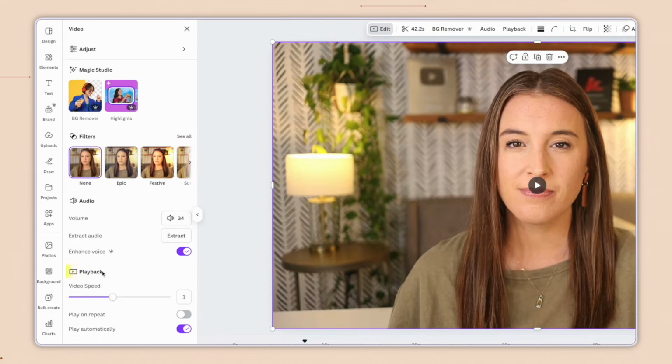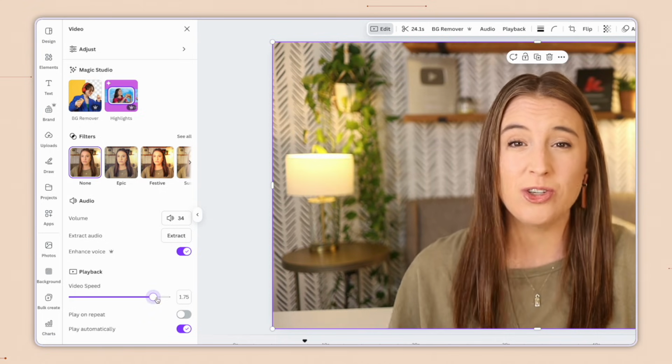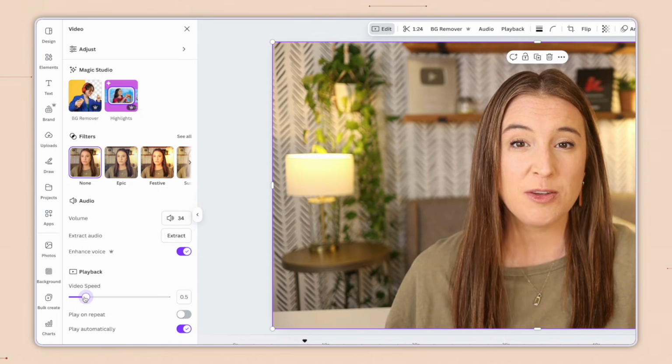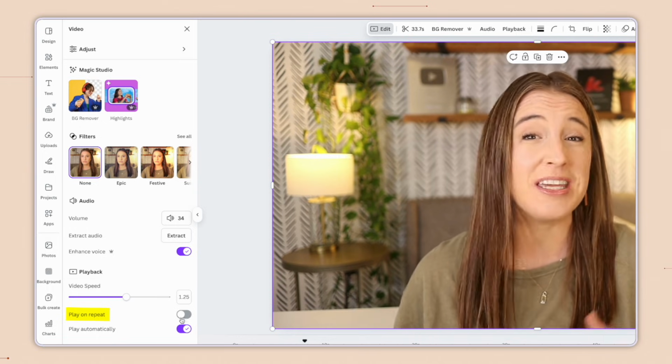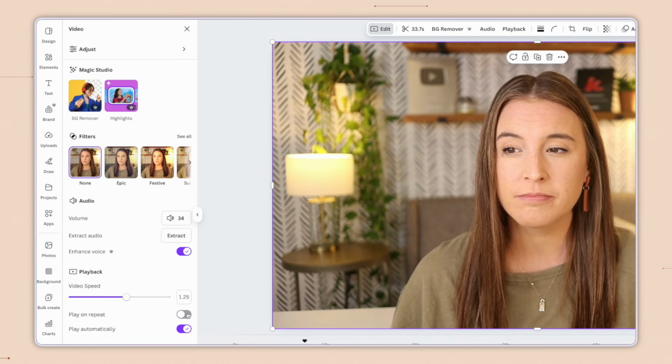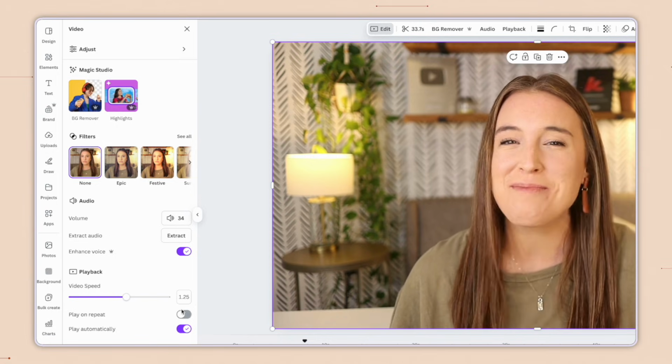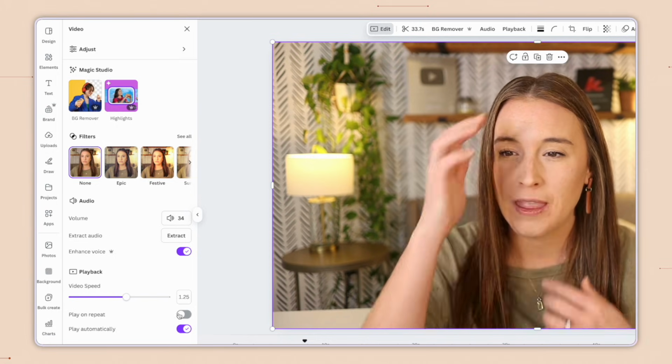I can also adjust my playback speed. So if I want this video to play through quicker, I can increase this with the video speed slider, or I can decrease it to make it slower. And the two options here at the bottom are play on repeat, which, if I toggle this on, allows the video to loop. So at the end, when it's done, it'll just automatically start back over and play on